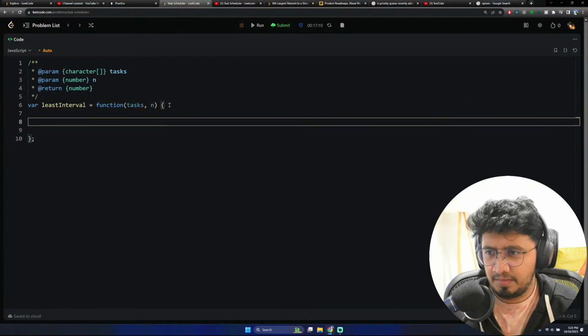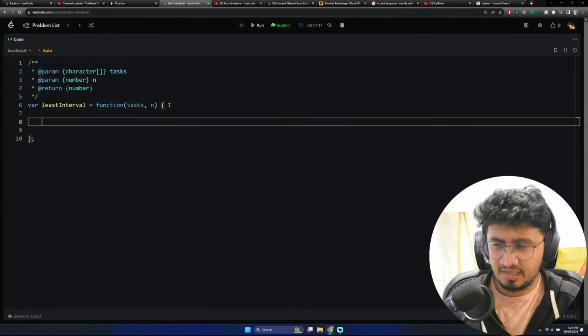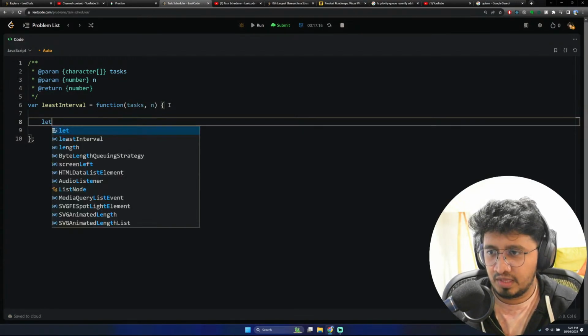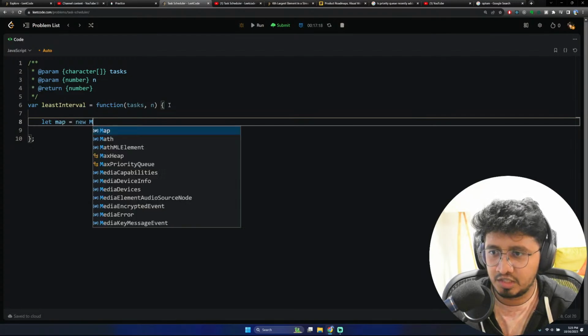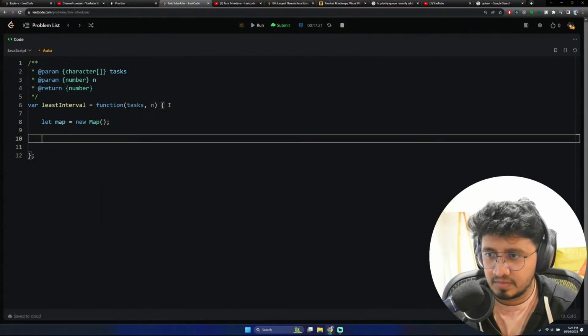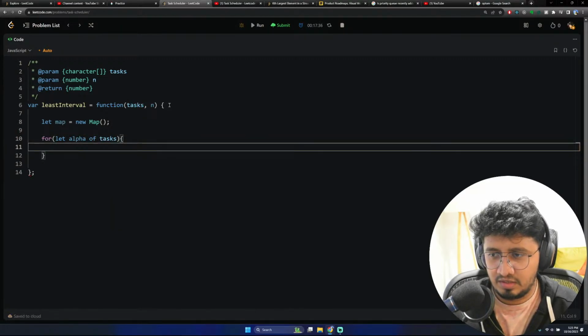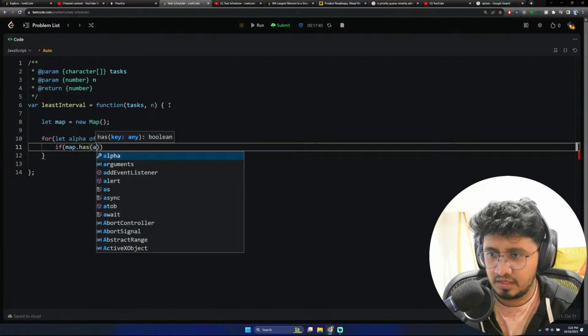That would be a max heap, a maximum heap, and basically before doing that we need to create a hash map, and for let i equal to alpha of alphabet of tasks. So if map dot has alpha,